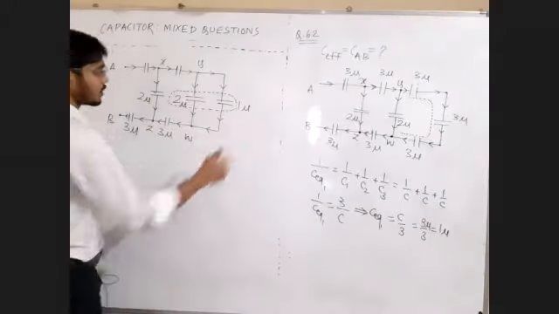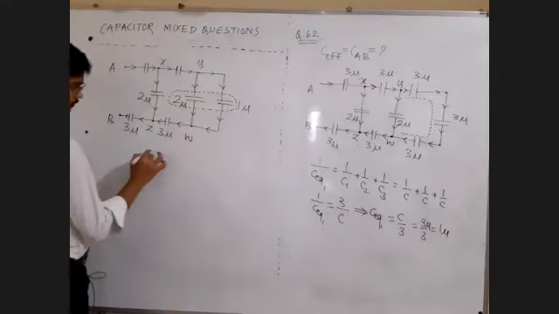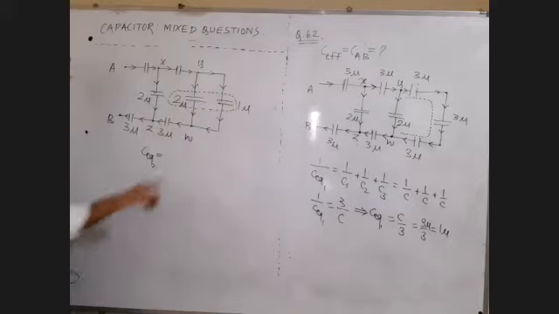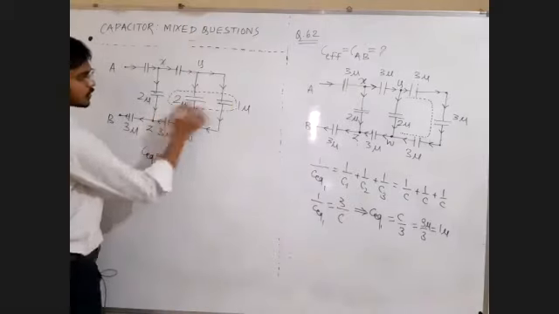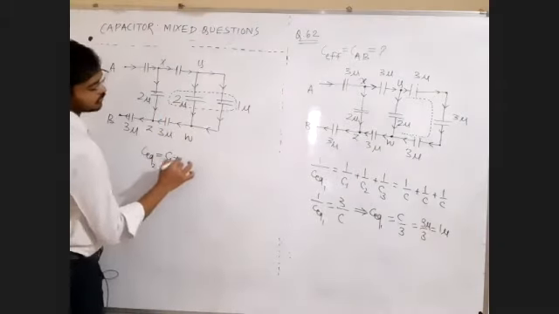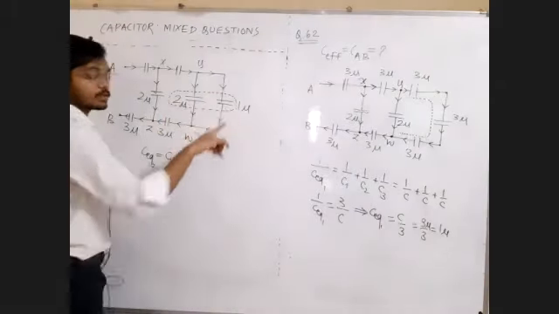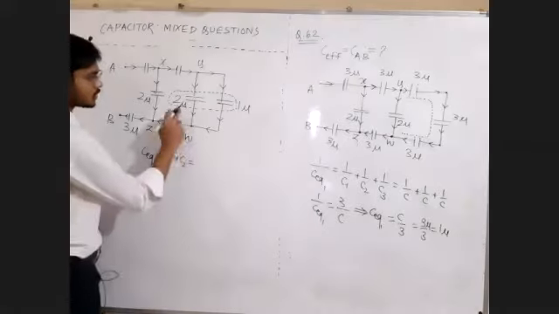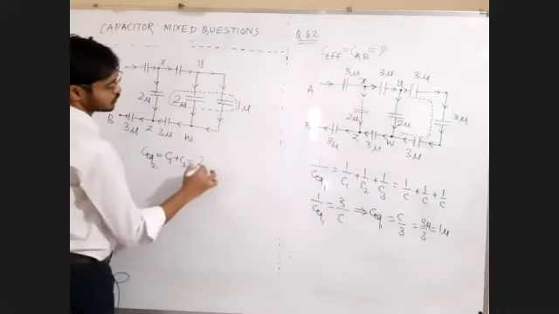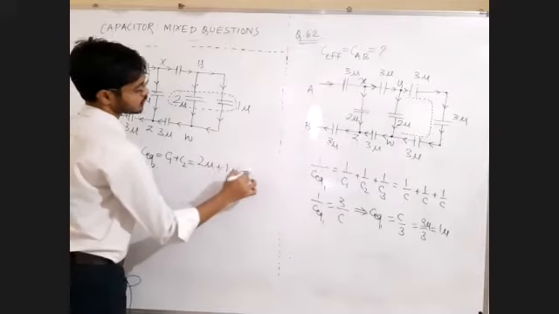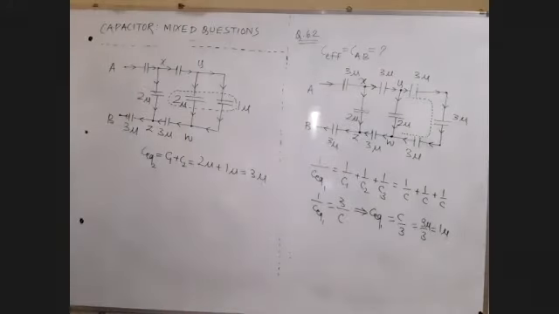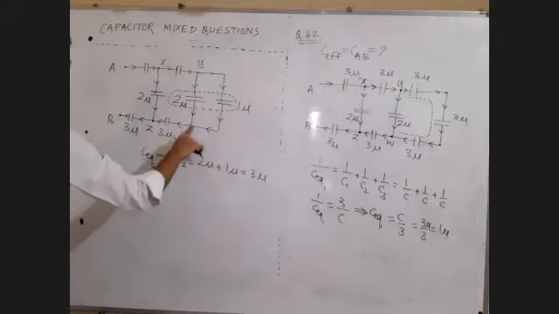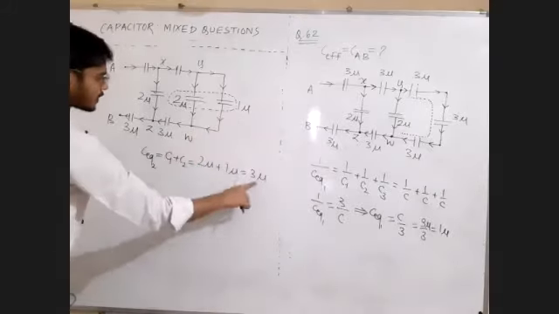Okay, so 2 micro and 1 micro in parallel. The answer will be the equivalent capacity for this. Second calculation: these two capacitors are to be added. So the answer will be C1 plus C2, because capacitors in parallel means resistors in series. Series means addition. So to find equivalent capacitance, just do the addition. C1 plus C2, 2 micro plus 1 micro. The answer is 3 micro. So between points Y and W, we now have an effective capacity of 3 micro. Instead of these two capacitors, we will draw only one capacitor of 3 micro.